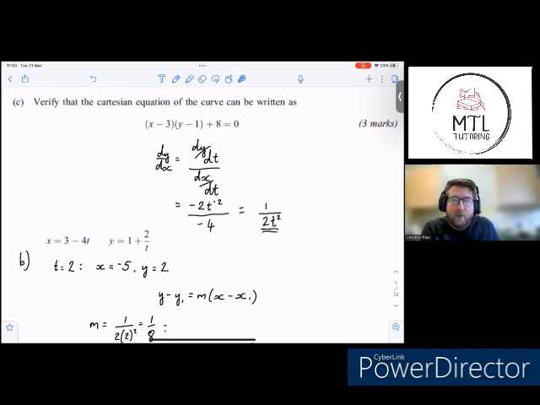So if they say prove that this is the answer, you can't just take the answer and show that it works. You usually have to derive that answer. But when it says verify, if it said verify that x equals 3 is a solution, you can just sub 3 in and see if it's a solution. And you don't have to solve. So let's just check if there's an easier way of doing this. If we're verifying the Cartesian equation can be written like that, yeah, so if we expand it,